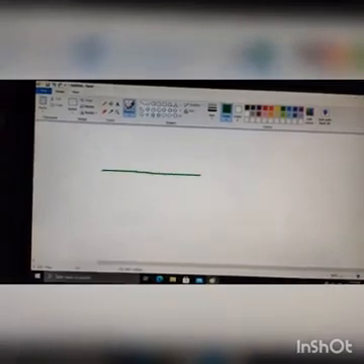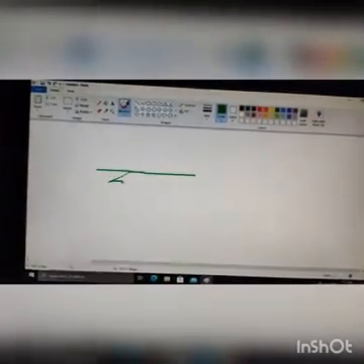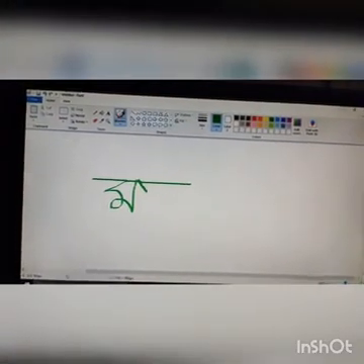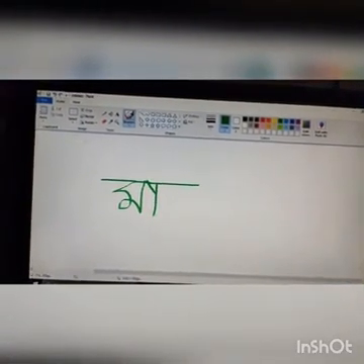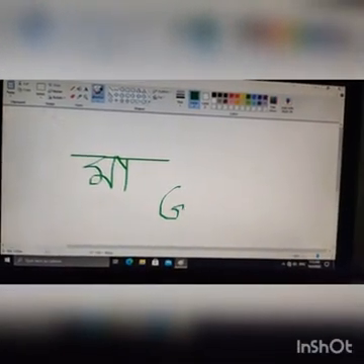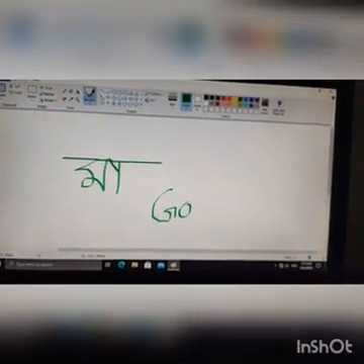So this is for calligraphy. So with that you can write anything in any language. I am writing in Bengali something. This can be done. Like this.